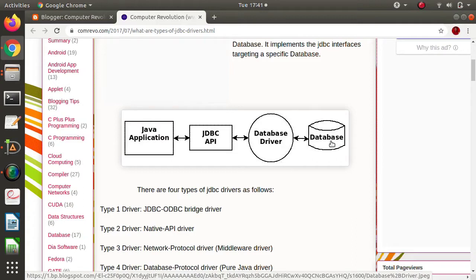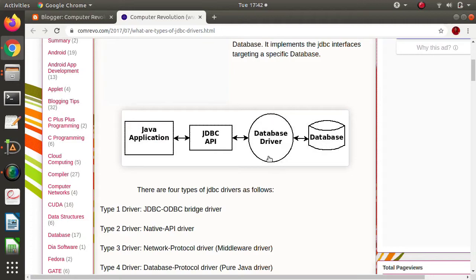To connect to a specific kind of database, we require its proper implementation, and that implementation for a particular database is given by the database driver. So we need a database driver to perform operations over the database or to connect with it.